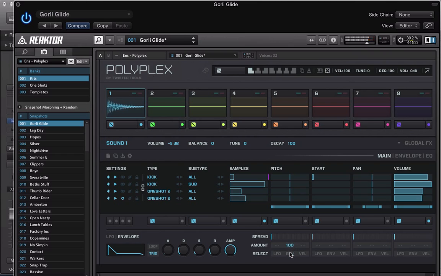So just loads of scope there for getting really stuck into some sound design stuff. You've also got this spread here, so this offsets the modulation for each voice. So go back in here,